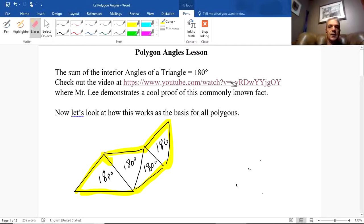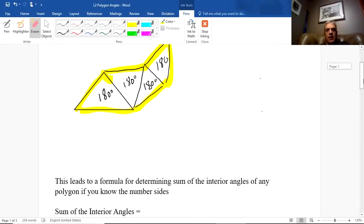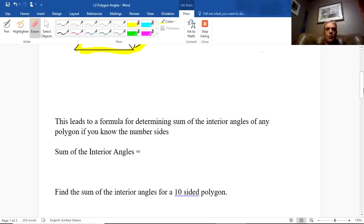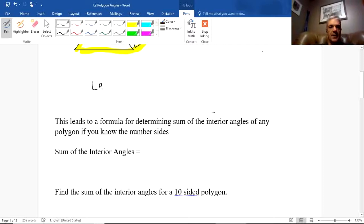Okay, those values continue to grow by 180 every time we add a side to the polygon, and this has developed what's known as a formula. Okay, and the sum of the interior angles of any polygon is equal to, well, what they do is they say, let n be the number of sides